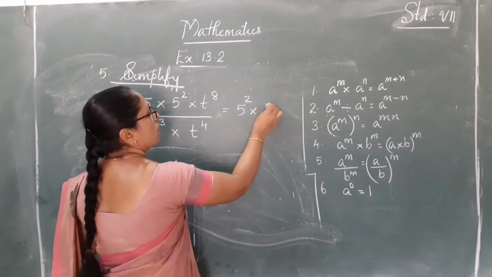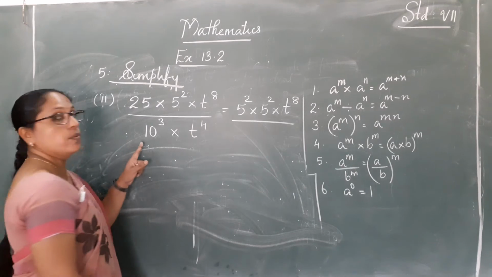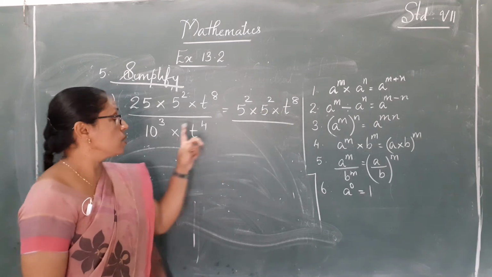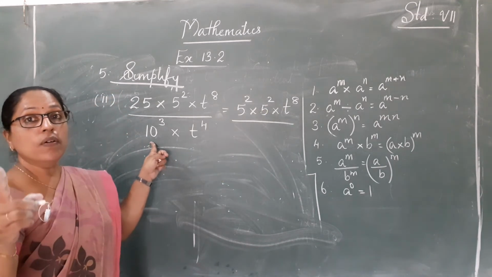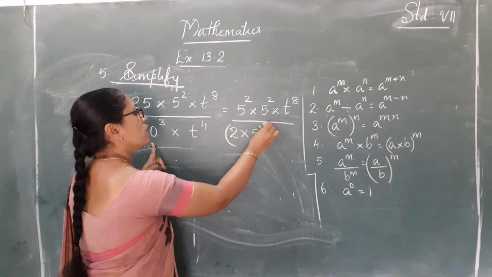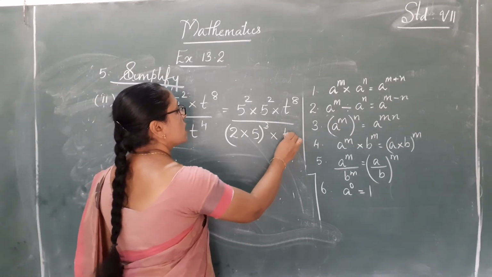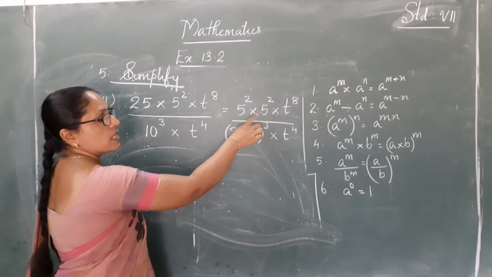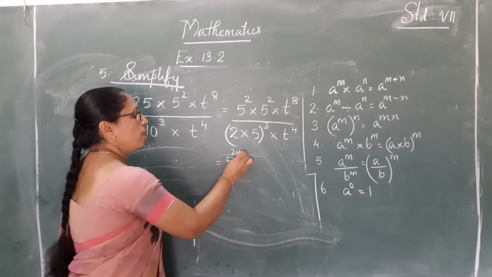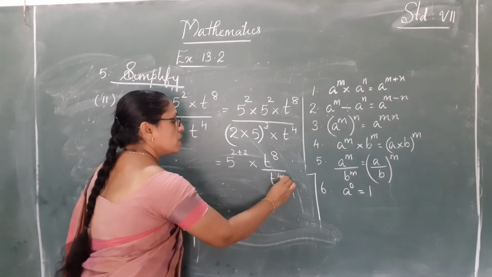25 into 5 raised to 2 into t raised to 8 by. Now 10. We don't have a number with the 10. We have 5 and t. So 10 we can change it as 2 into 5. So we can write 2 into 5 the whole raised to 3. Okay. So we get into t raised to 4. So here we see bases are equal, so we can add the powers. So 5 raised to 2 plus 2 into t raised to 8 by t raised to 4, that is one